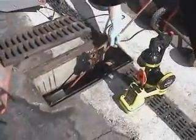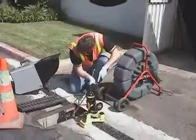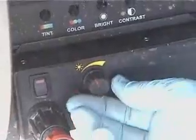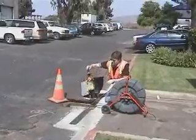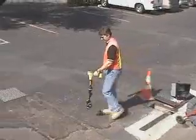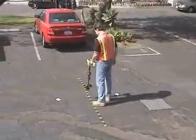We've put the camera into a drain line that tees into another line after about 8 feet. We've pushed the camera just past the tee, which in these conditions should be well within range of the transmitter's signal. We've turned the camera's transmitter on and set the receiver's frequency to 512 Hz sonde mode. The sonde's location is marked with tape, and our technician has positioned himself directly over it, so let's have a